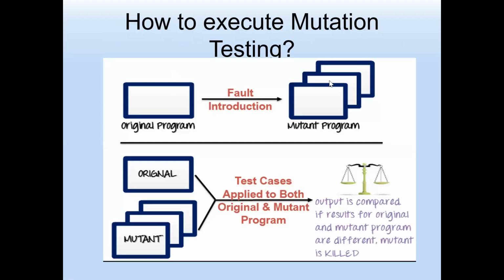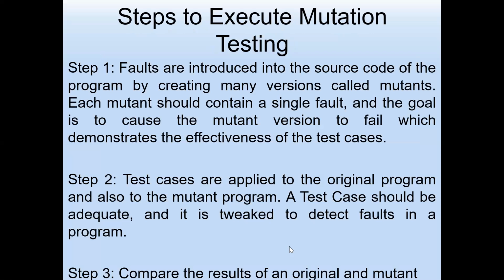Original program, fault introduction, many mutant programs. You check the original program and the mutant programs against the test case or test input that you feed to each. At the end, the outputs are compared. If the results for the original and the mutant program are different, the mutant is killed. Otherwise, the mutant is kept alive for rigorous testing. Keeping that mutant as the original, we change certain things again and do the same task. If the output is different, the mutants are killed. Once the mutants are killed for all the case scenarios we have assumed, we say it is an error-free or bug-free program or application. This is how they do it.